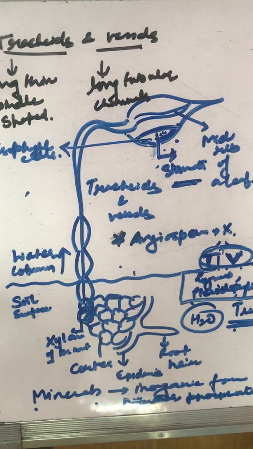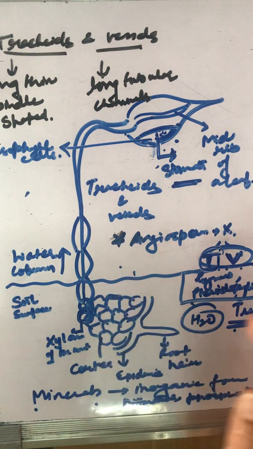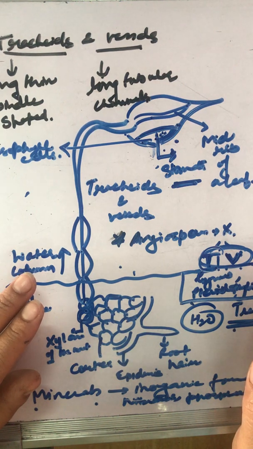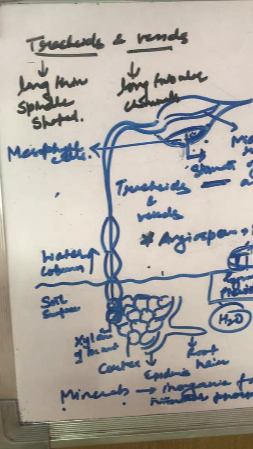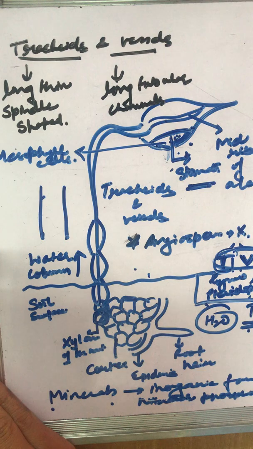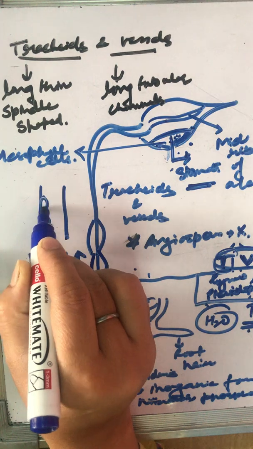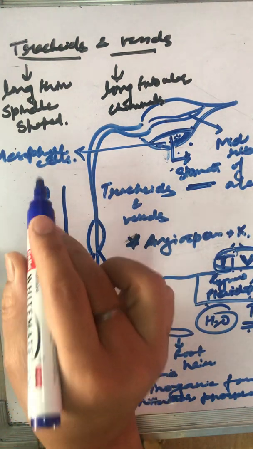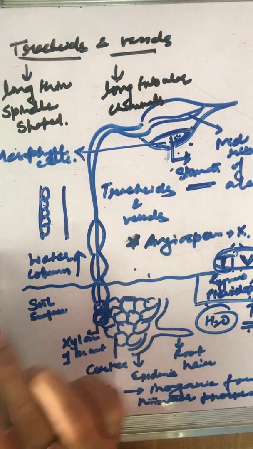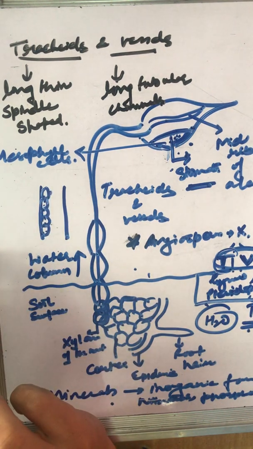And this water column does not break due to the force of cohesion between the water molecules and force of adhesion between the molecules of water and walls of vessels and tracheids. What is this cohesion and adhesion? See, you two friends, you always sit together, right? If you two friends are always sitting together, that means you are sitting in a line, or you are making a queue and you are moving in one sequence. ये होता है cohesion, which means when two molecules, they remain sticking to each other.